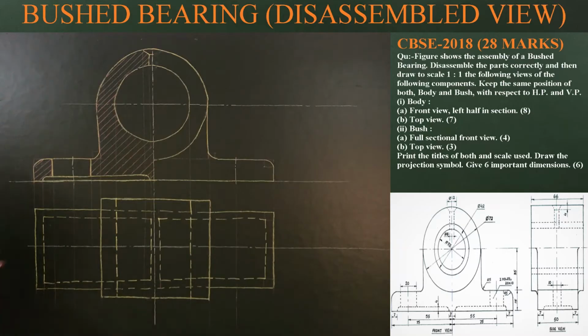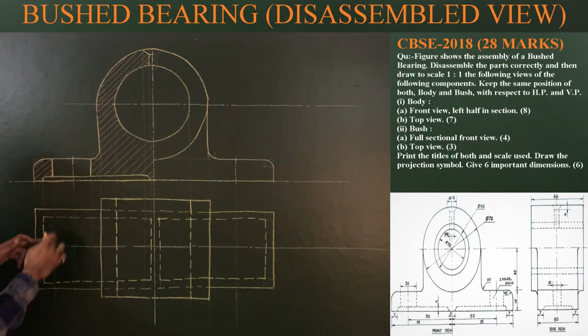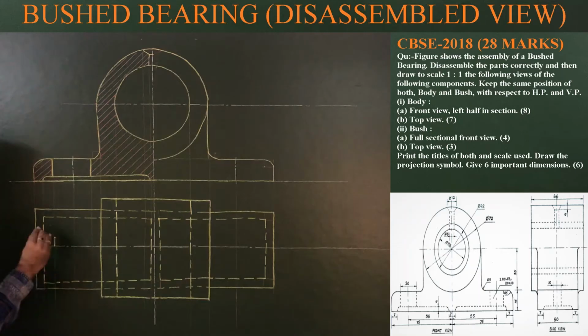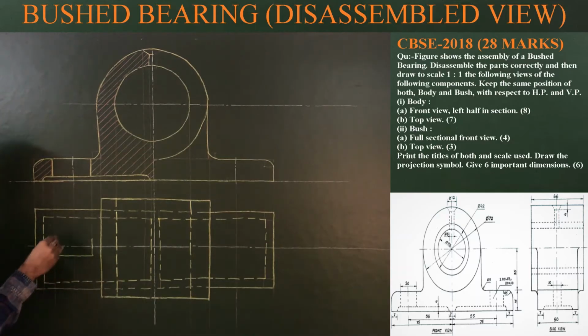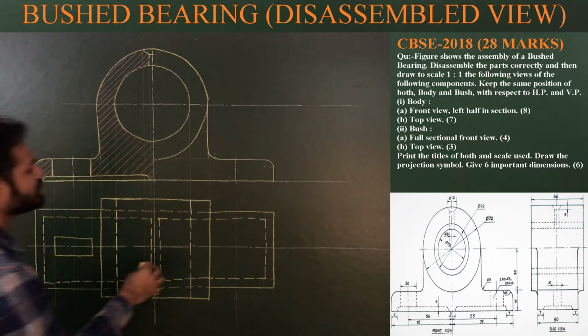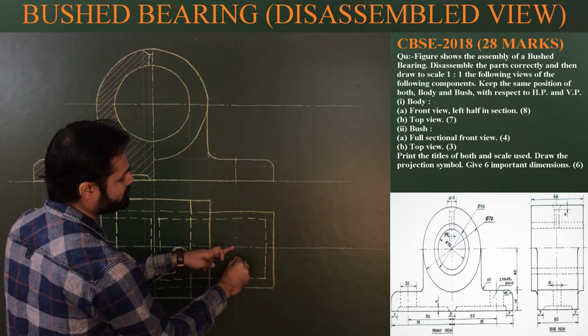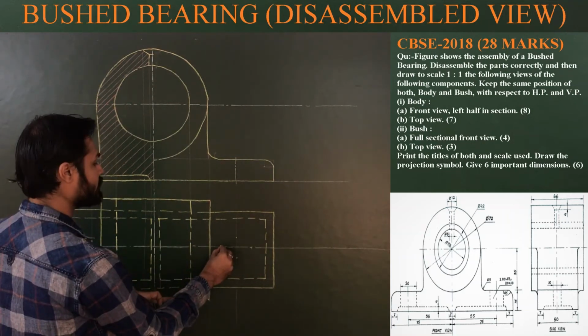Next, bolt hole. The size of the bolt hole is also given to us, 20 and 10. So from the front it is 20. So these are two limits, and 10. So from this point, half of 10, 5, half of 10, 5, half of 10, 5, half of 10, 5. And this is the bolt hole. Similarly on the right side, from the center, half of 10, 5, half of 20, 10.